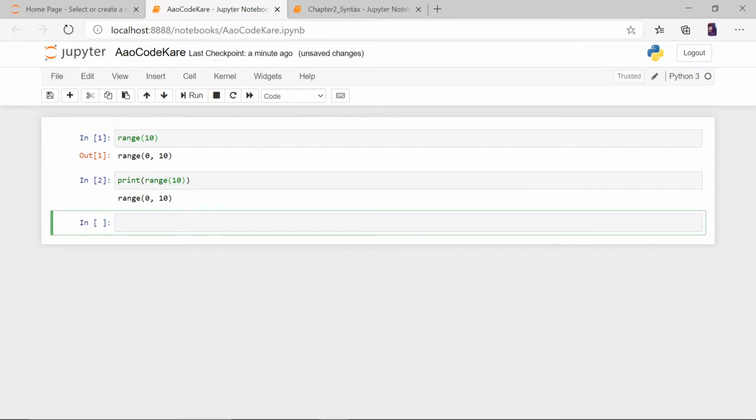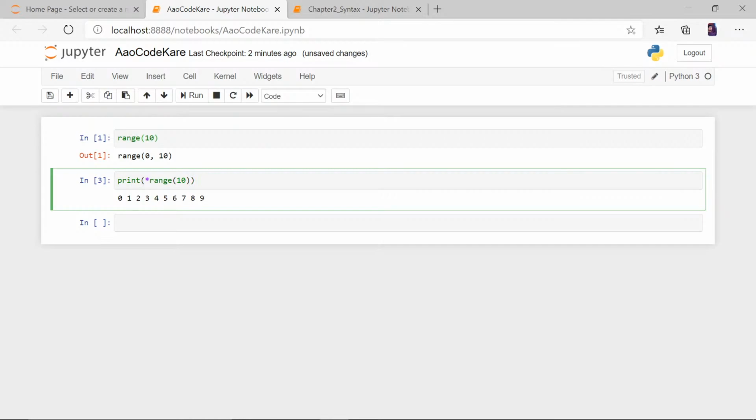Okay, so we'll have to put a star maybe. Yes. Always remember star is my favorite thing in Python. Whenever you enter this star, it unpacks the things. Like range 10 is an object. When you put this star, it unpacks the thing. Whatever is inside that object, it comes out. So range 10 gives me 0, 1, 2, 3, 4, 5, 6, 7, 8, 9. So it takes numbers from 0 to n minus 1. N is 10, so n minus 1 is 9.